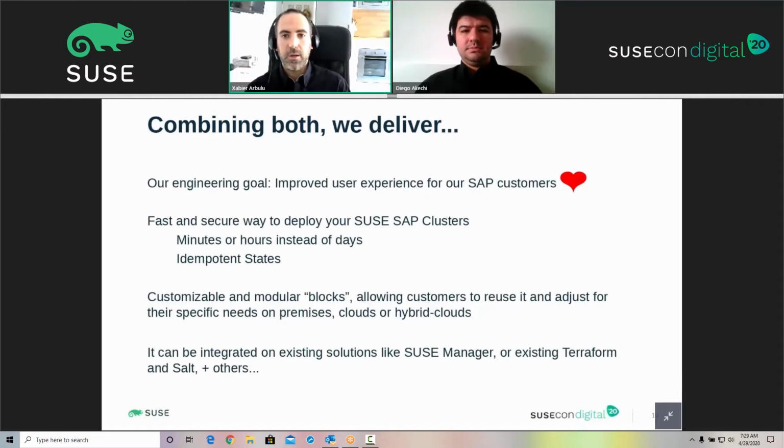And yeah, if we take both of them, we have the whole solution, right? So we can create the infrastructure and we can configure the machines. One thing that I would like to mention is that both tools follow the rule of idempotency. This means that every time you run them, they will reach the same state, independently of the starting point. This is important because we want to ensure that our deployments are always in the same state